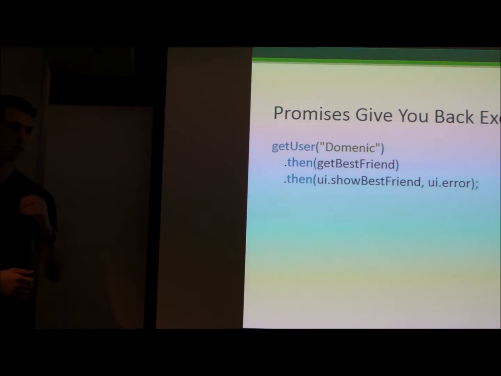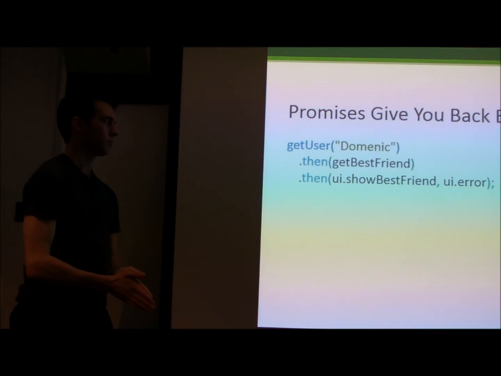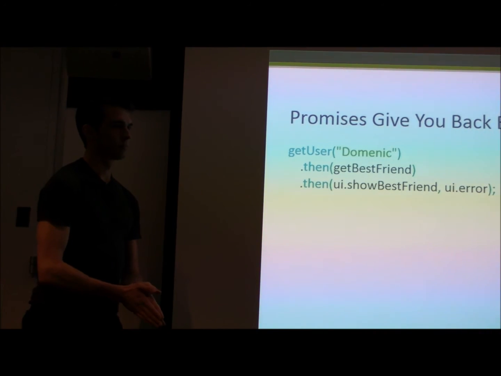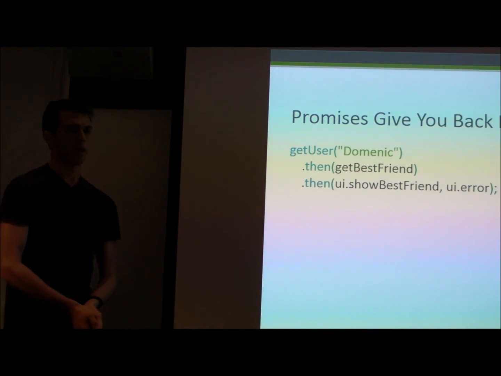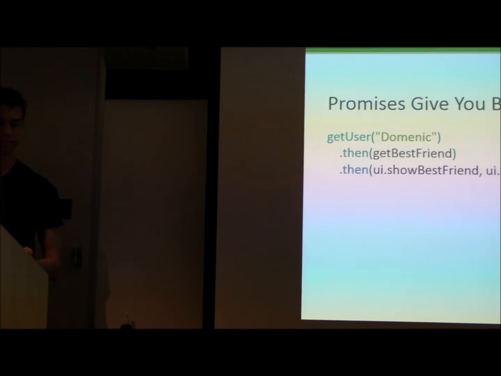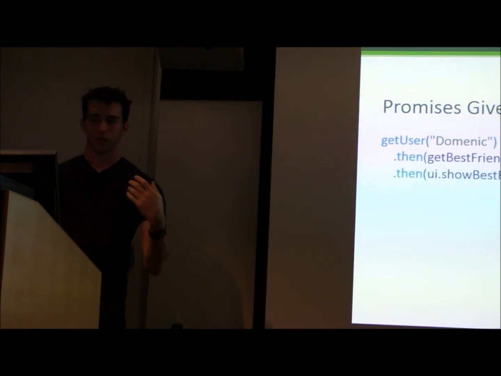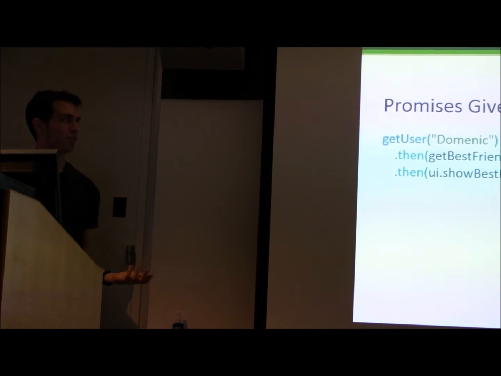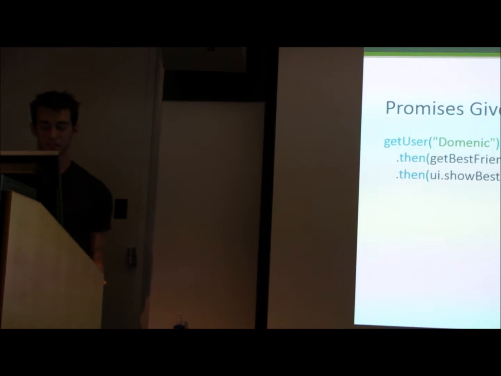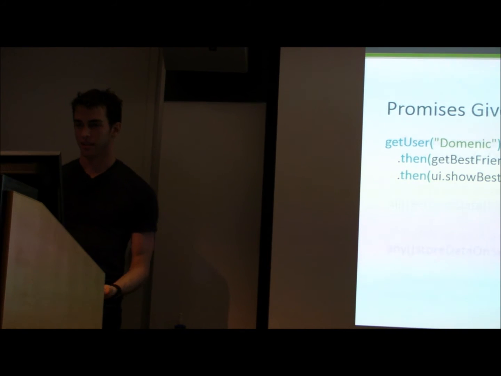So in the corrected slide, would you leave off the UI error in the second call and add that then undefined UI error at the last call? Exactly. Okay. So that's the one big plus. You get back your exception propagation, and by itself, I think that's enough to make me happy.